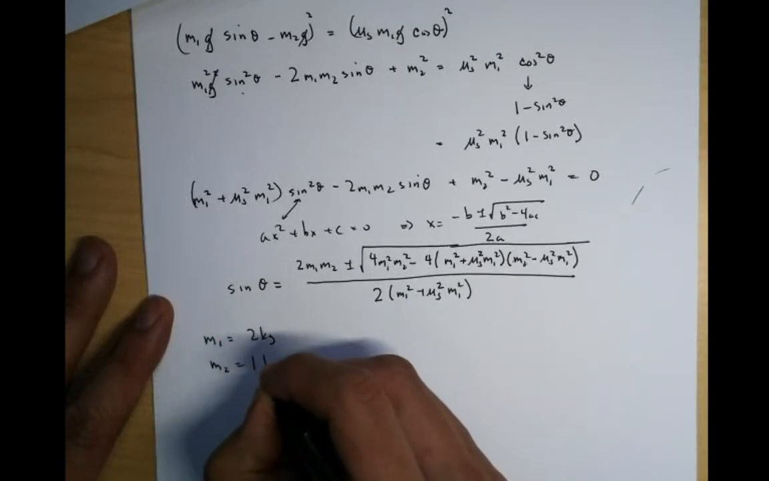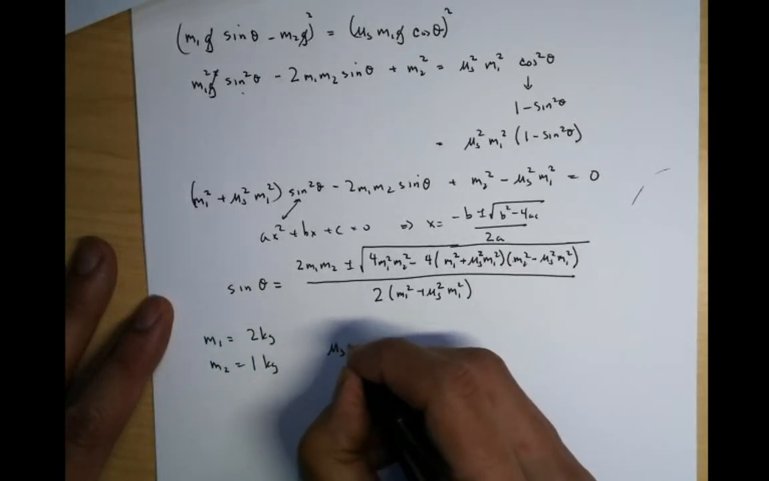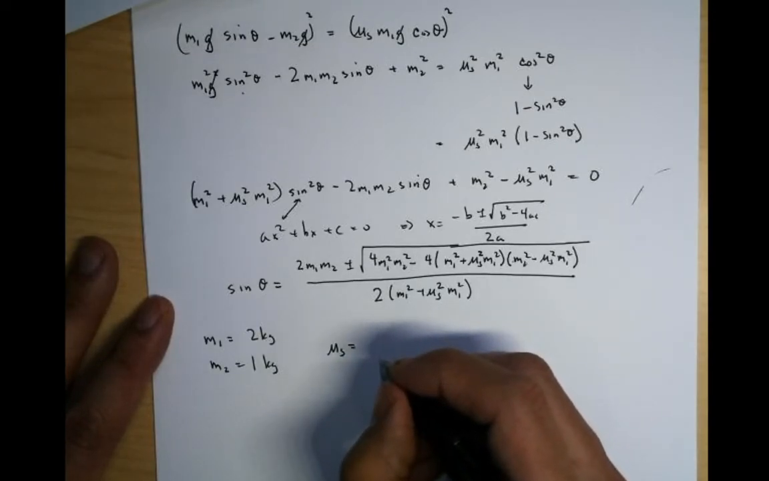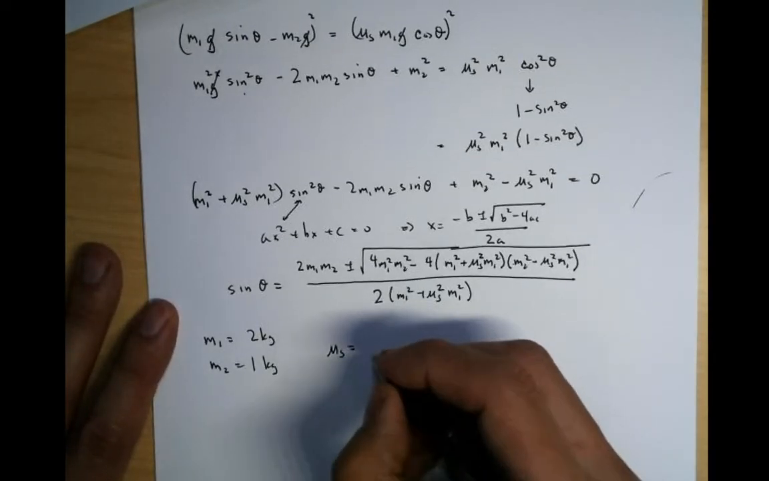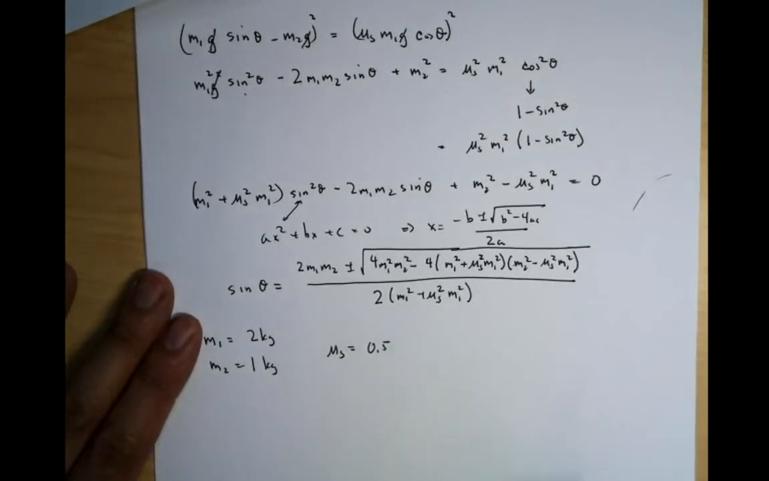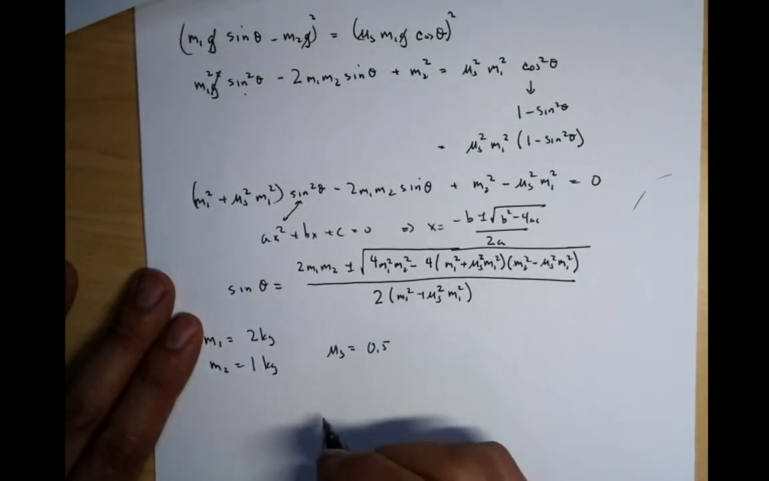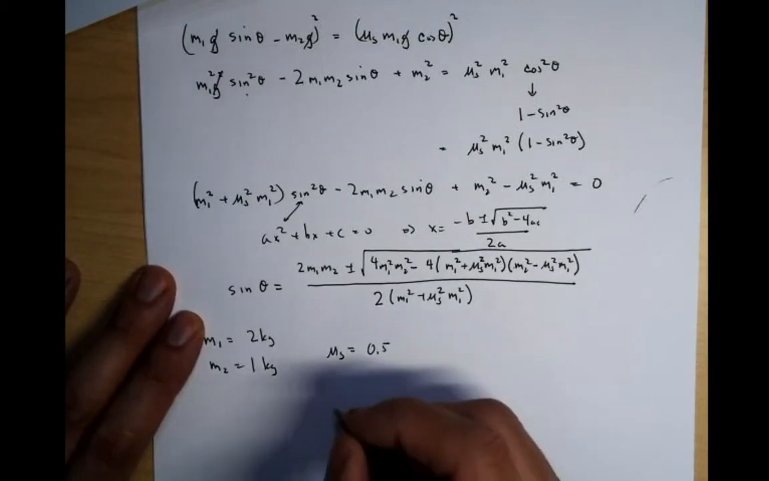M2 equals 1 kilogram. Mu sub s equals, pick a value here. I would say this is 0.5, say. Okay, just make life a little simpler, right? So in that case,